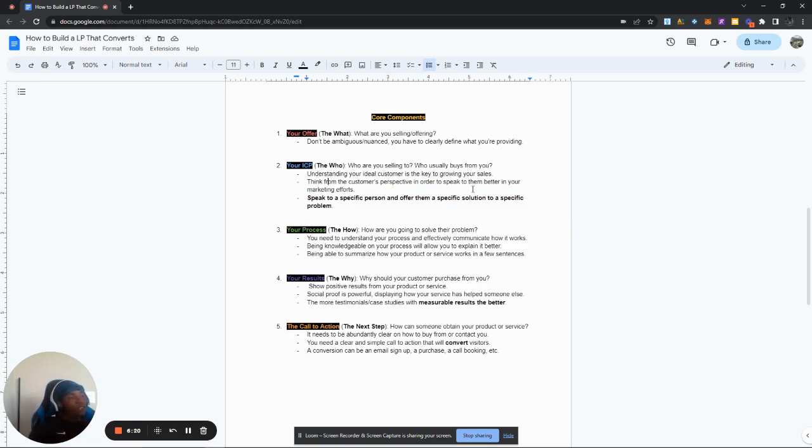Next is the process, the how. People are coming to your website or your landing page because they have a problem, and you need to be able to summarize how you're going to solve their problem. You need to be able to effectively communicate it, and being able to do this gives the prospect an idea of what to expect from your offer. So you see how these things always reach back to each other. When the ICP understands your process, they trust the offer better. When the ICP sees your results, they trust the process better, and they're more likely to take the next step,